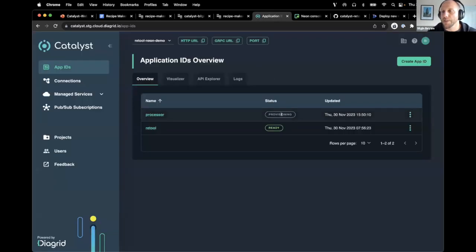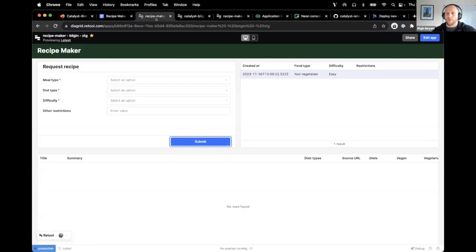Let's check where we stand. Yes, our app ID is being updated. Now it will start consuming any events in the Outbox topic and push them to the function. Right. All right, in the meantime,